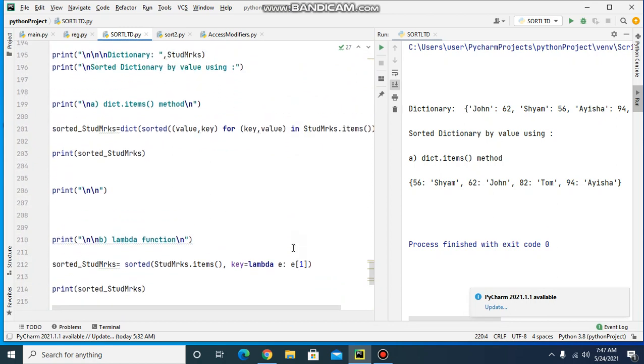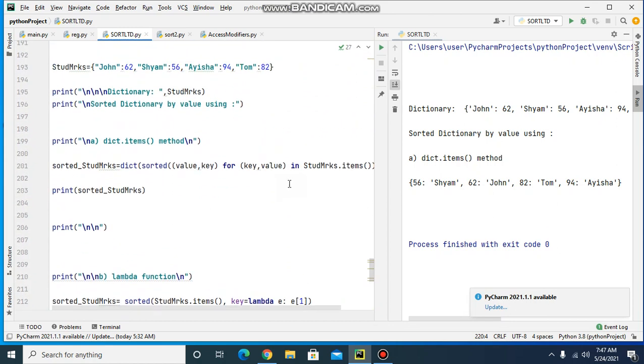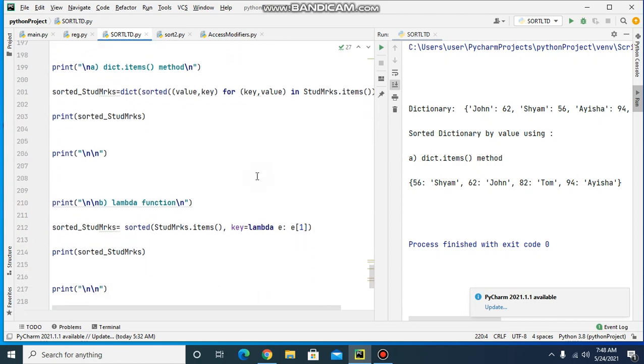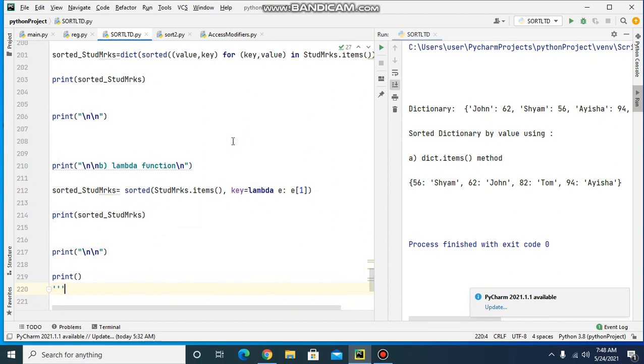So here I am specifying the index as 1, because at index 0 we are having the key and at index 1 we are having values. So we are sorting on values. So I have given index 1 here. We will execute this.